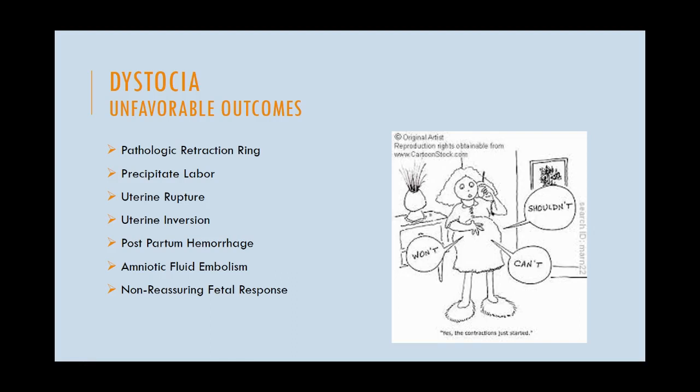With dystocia, there are some things that possibly will cause some unfavorable outcomes if we cannot get things corrected. One of those things is a pathological retraction ring. And what happens there is,